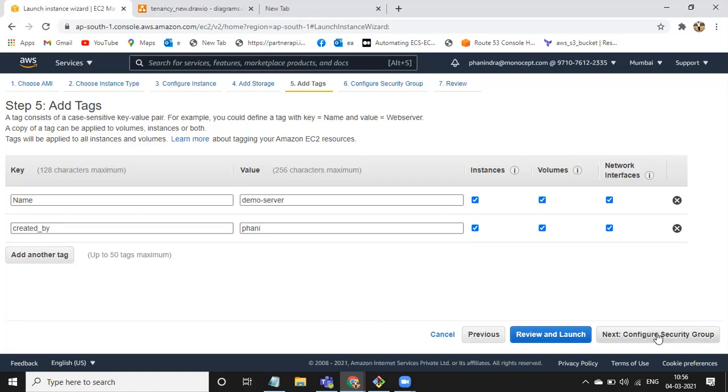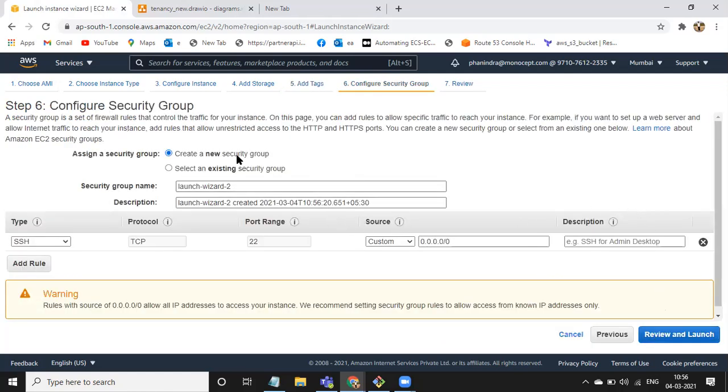Okay. Next, configure security group. In DevOps, not only DevOps, DevSecOps, security also you are going to manage. So what are the ports I am opening? What are the required ports I need to open? You have to know. So for this server, in order to log into this server, what do I require, guys? By using SSH, we will log into the server. We'll communicate to the server using SSH. So basically SSH runs on which port? Port 22. So that's why I'm opening SSH port 22, and I'm creating one security group called demo new security group.